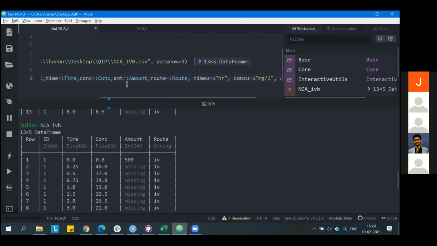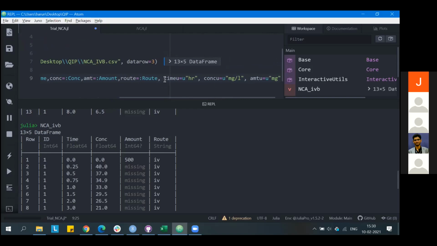We have never imported the units row, but to perform the analysis and get the estimates in a better way, we'll always mention the units of each of these things.